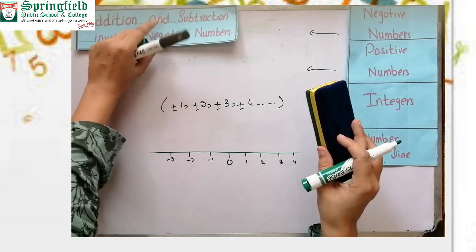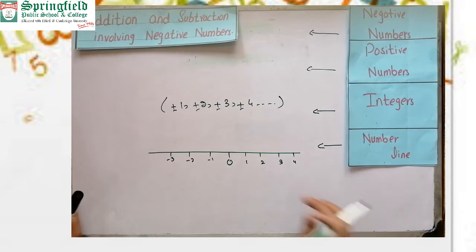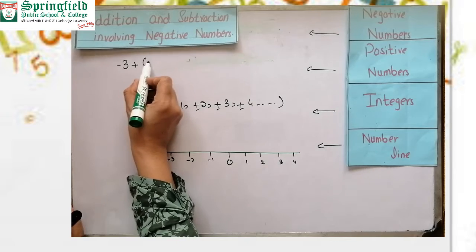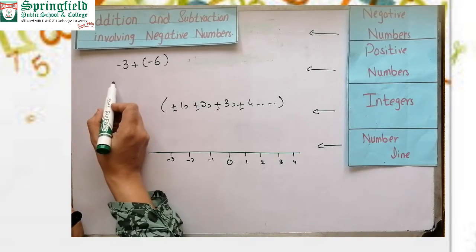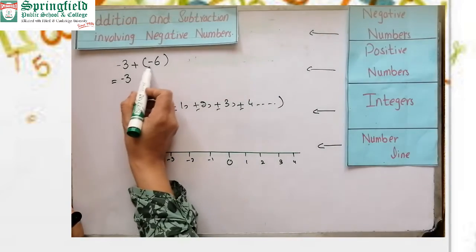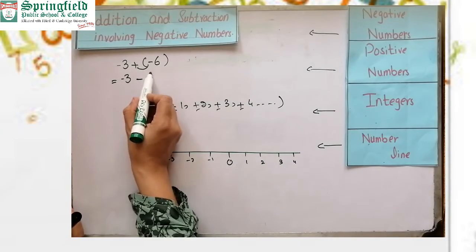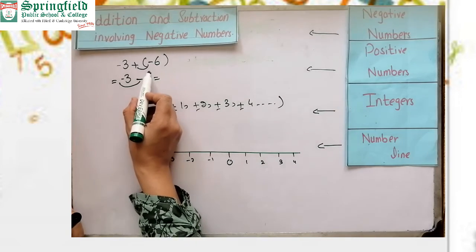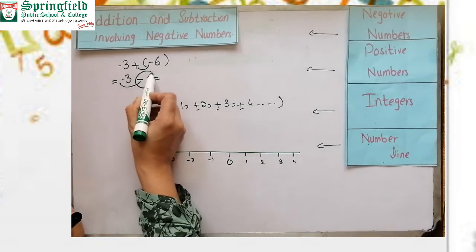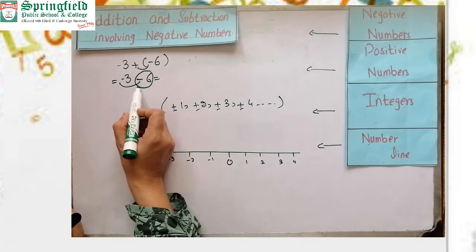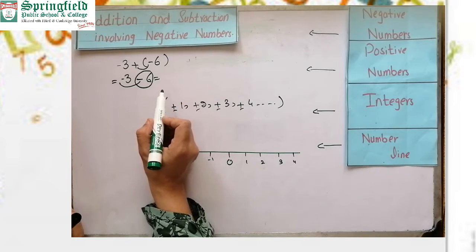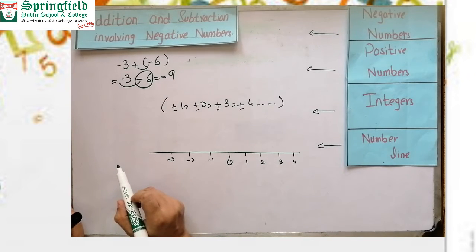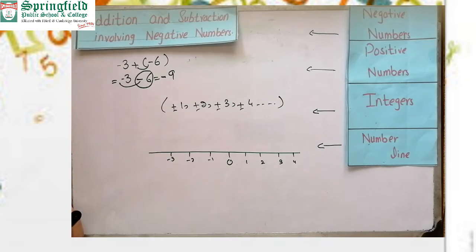Okay, and we also learned about the addition and subtraction of negative numbers, how we can add and subtract two or more negative numbers. Let there be two numbers -3 and -6, and they are being added. So what will be the answer? -3 plus -6. So the procedure will be plus, but the sign will be negative. Why? Because the greater value, 6, is greater here and 6 has a negative sign. So that's why we will write a negative answer. Fine. So 6 plus 3 is 9 and the answer in negative form. -9 is your answer. Understood beta?